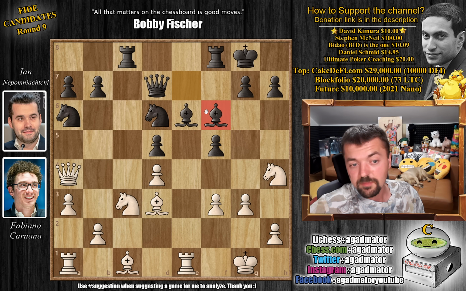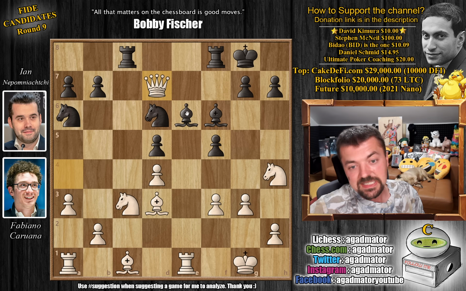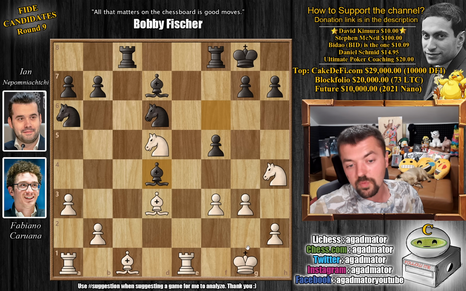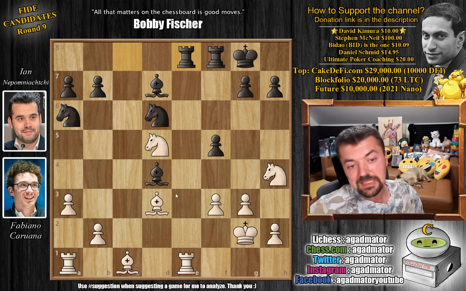But okay, here we have bishop to f6, and this is basically where the game truly begins and where Fabi will be trying to get some chances. So queen captures on d7, bishop captures, he goes for a queen trade, knight captures on d5, and bishop captures on d4 with check, king to g2, and now rook c to e8, as Fabi's threatening knight to e7 check to pick up the rook on c7. So rook c to e8, and now bishop to